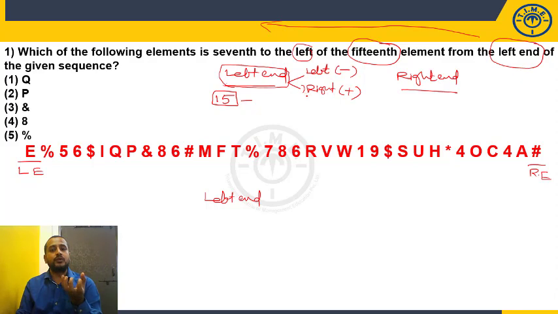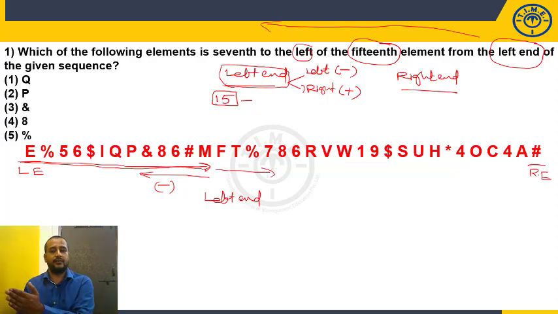You may wonder why I have to take the left as minus. Simple logic I will explain here. When you started counting from the left hand, if you want to move to the left, you have to come back, which is nothing but minus. And when you started counting from the left hand, if the right side is given, you have to move further. It is nothing but you are adding more number of elements.